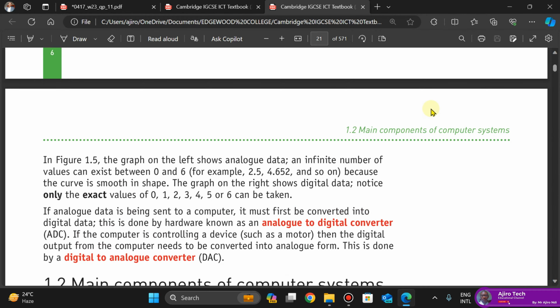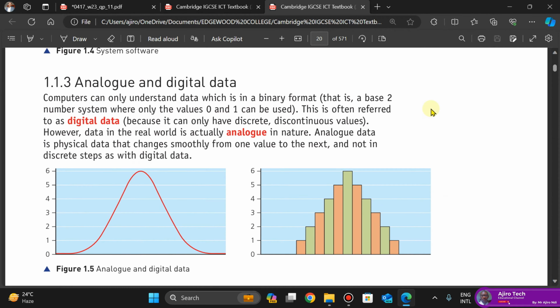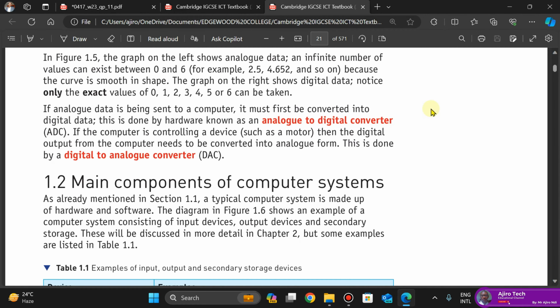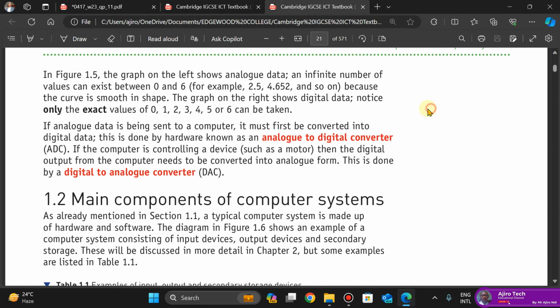Okay, this is right here. Look at it. Analog and digital what? Data. Now you're going to see that, look at it. They said if data is being sent to a computer, it must first be converted to what? Digital, which is what? Input. Okay, this is the hardware known as the analog to digital what? Converter. Okay, so if a device contains a motor, then the digital output from the computer